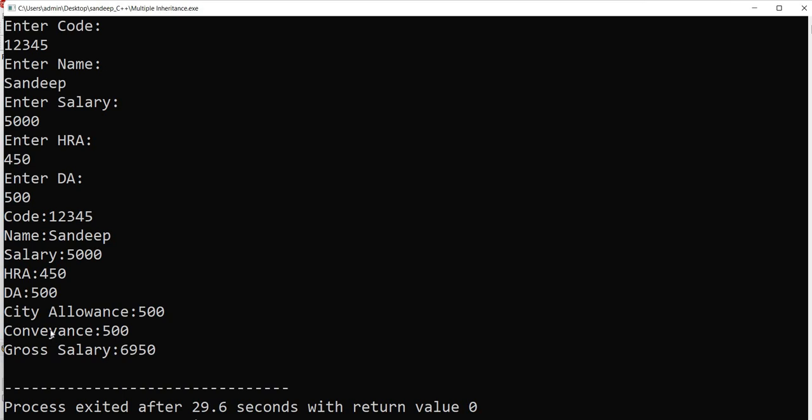This is the example of multiple inheritance, where we are creating two base classes and the third derived class will access data from both the base classes.